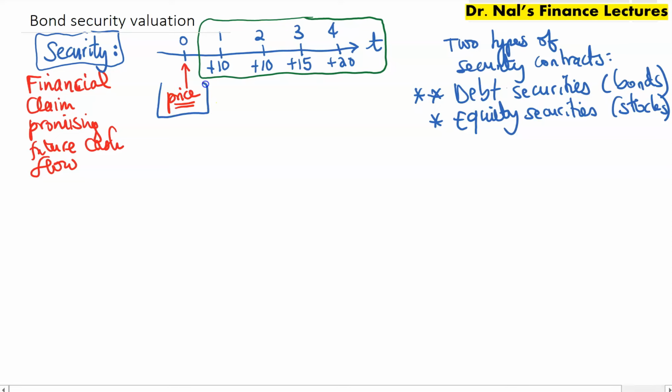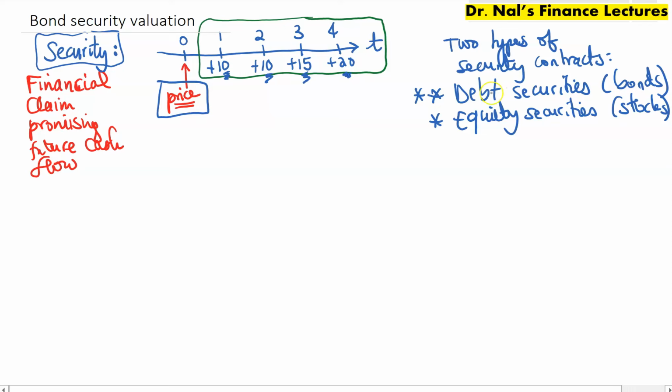So that price that you pay to purchase the security will be used by the firm to invest in various projects, and hopefully those projects will be profitable projects. They will create cash flows for the firm, a portion of which the firm will pay back to investors, for instance. Right, so that's kind of the key logic behind it.